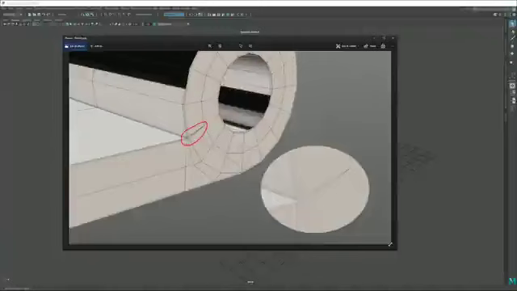That means the area in between the relaxed area and the area of high tension will have this sort of pinching result. In some situations this might be something you're aiming for, if part of the surface requires geometry like this, but in this case it's really not working for us.